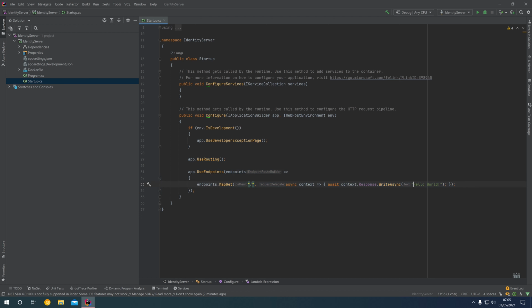If I now run this application, give it a few moments to build, this should launch the browser and we should see Hello World like so. And that's because this default GET endpoint at the root path is setting a response of Hello World to be written to the browser. Now we can stop that application running, and we can then right click the IdentityServer project